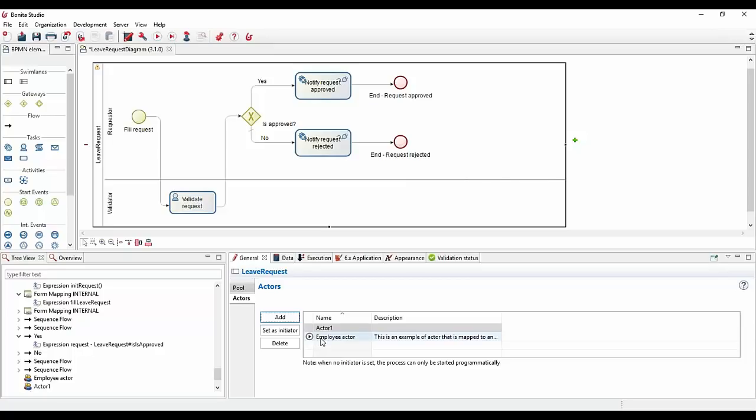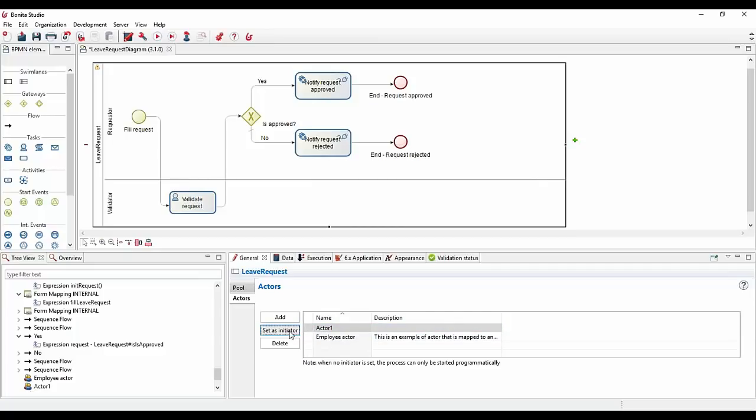Only one actor can be the initiator of the process, and initiator means that only this kind of people, this actor will be able to create a new case, a new process instance of this specific definition. So currently it's the employee actor, but it could be the actor one, and for that I can set it this way.